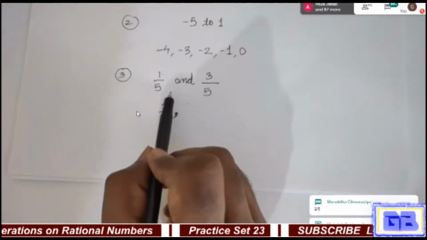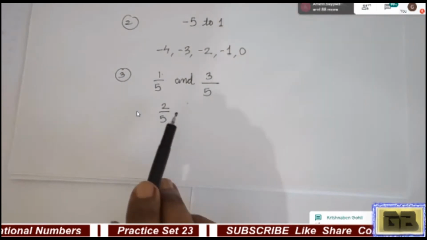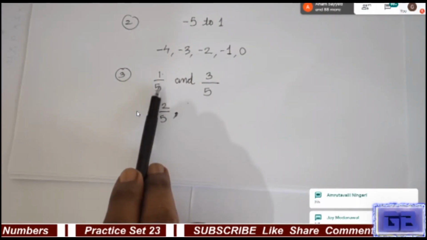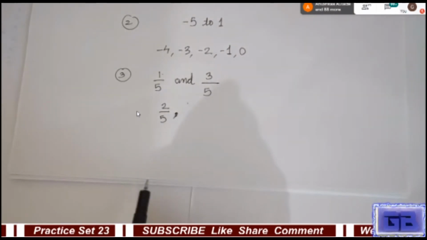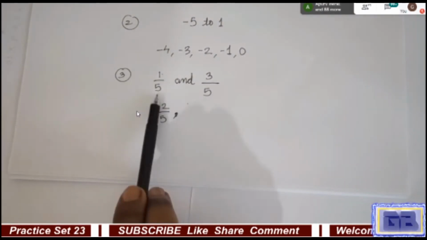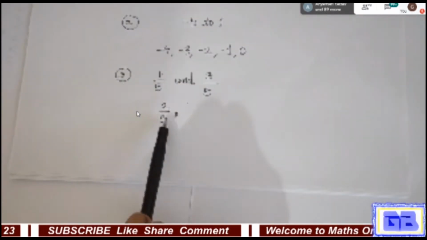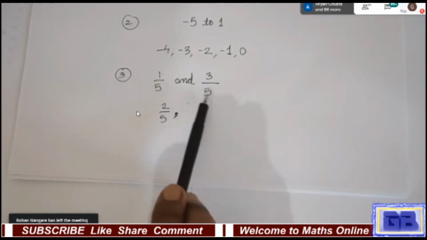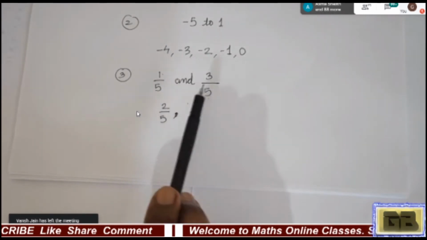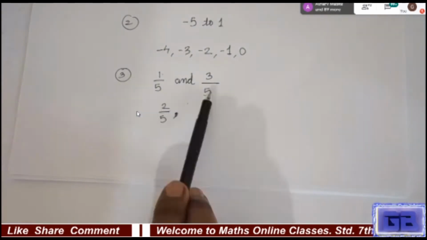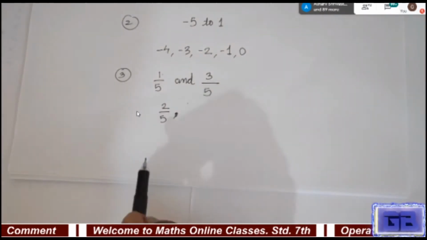But it's not true that only one rational number is there. How is it not true? Because if we write equivalent numbers, then more numbers will come, and that we have to learn now. In both the fractions the denominators are same, therefore directly we got 2/5. But if in the given rational numbers the denominators are different, then first we have to convert them into equal denominators.